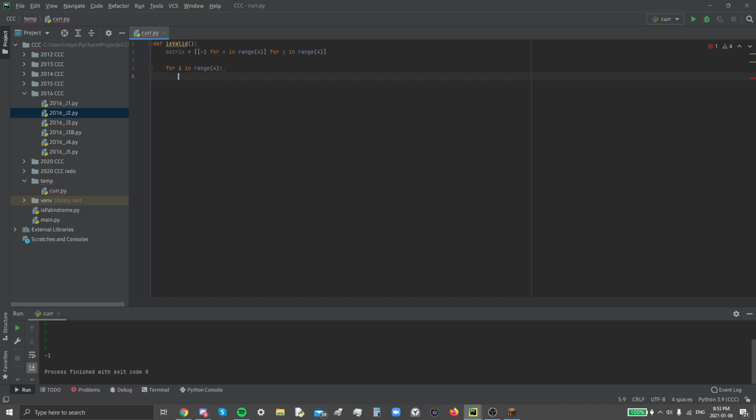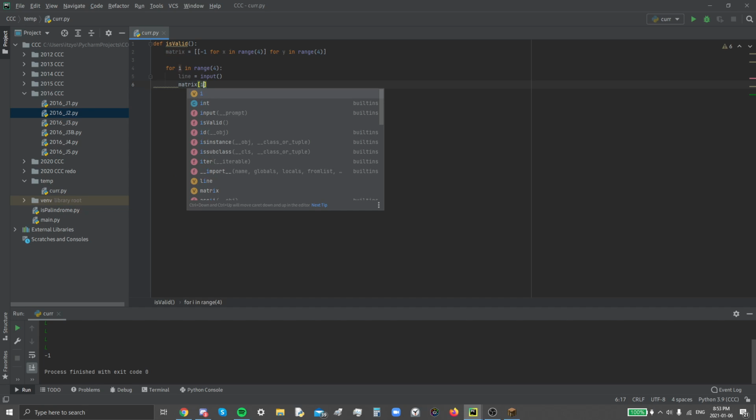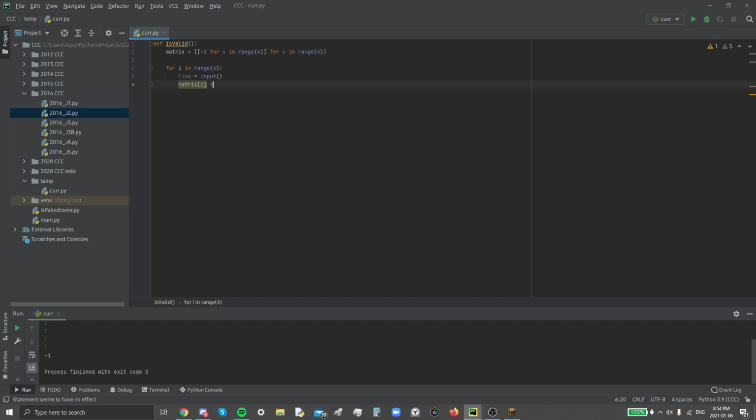I have 4 lines of input. I'll call it line. And then matrix[i], whichever row this is, is equal to int(x) for x in line.split(), and then it's a space. So if I have 1 2 3 4, I'm basically just putting these into a list and making that the row. Alright, so